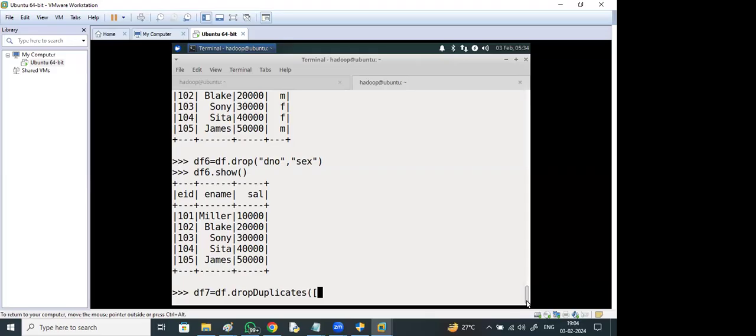In Hyderabad city there are 10 males. If I apply drop duplicates on city, comma, gender, for all the Hyderabad male employees, it will remove them into one.